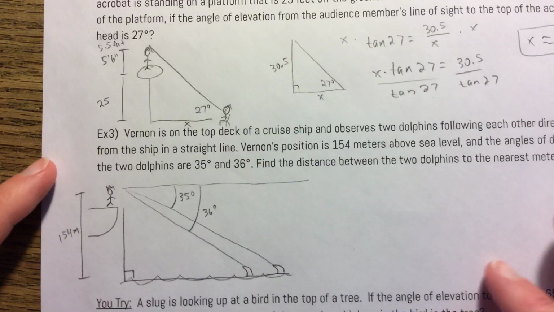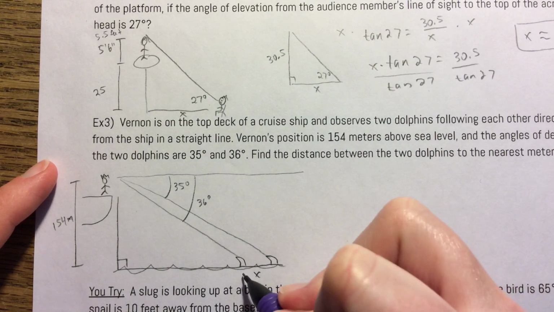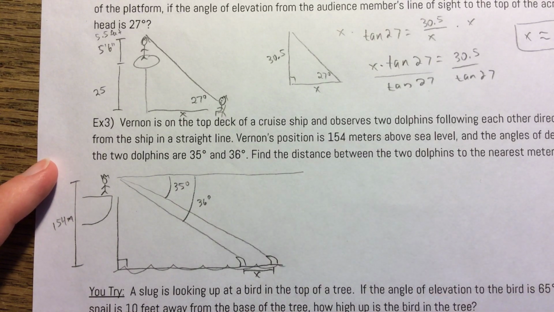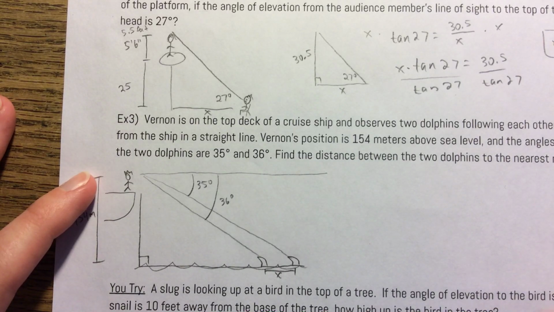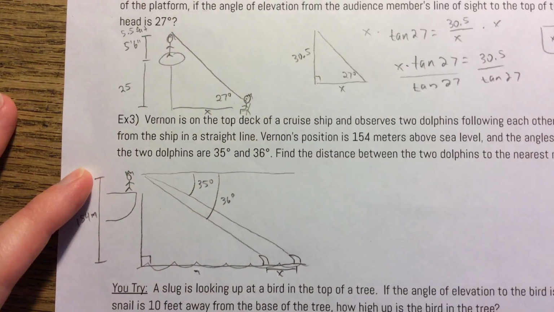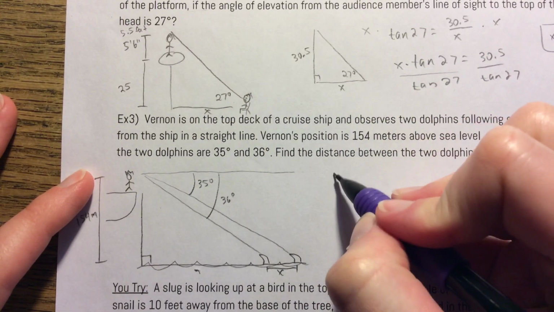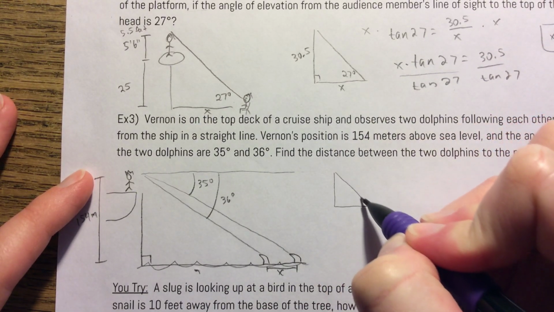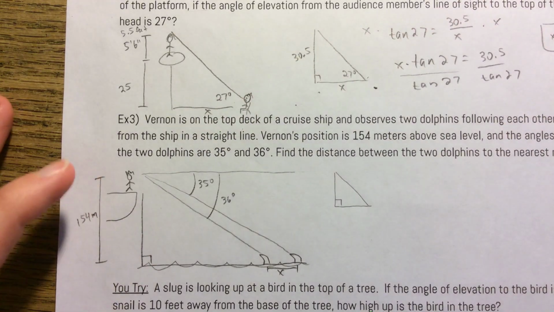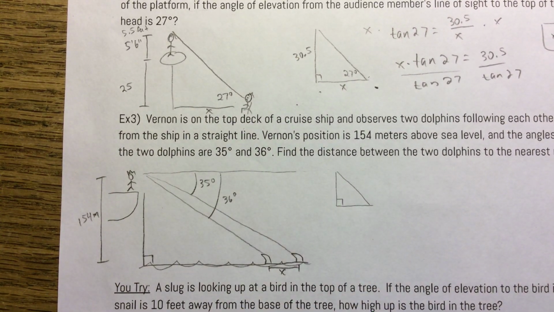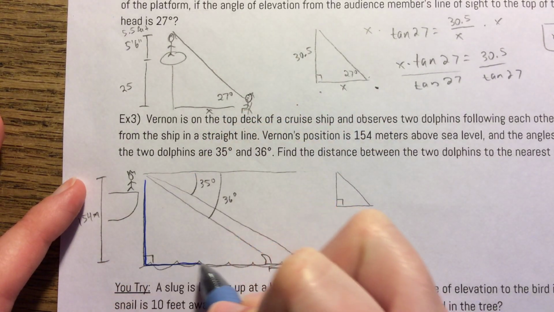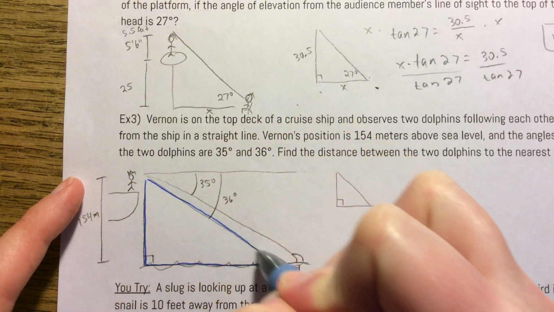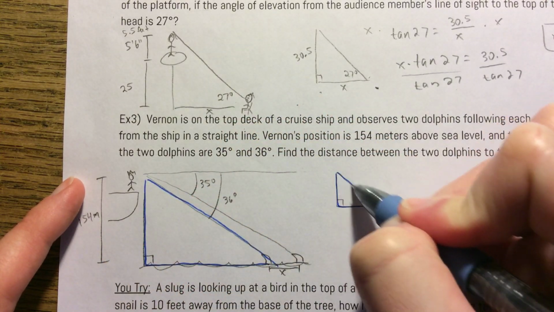So what are we going to be able to find here? What we actually want to find is just this distance here, in between the two. So what I'm going to do is create two different right triangles here and solve both of those. So first triangle, so this is going to be this spot here. Let me use some colors to help us see this. So if I do this as my first triangle,